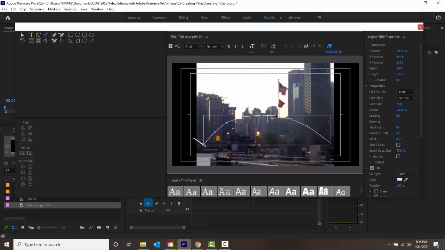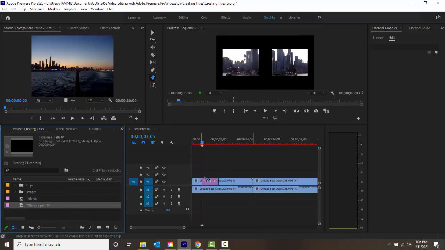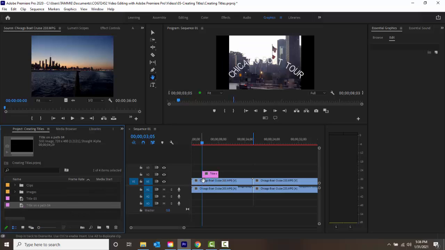And then I'm going to type in Chicago boat tour. All right, and then I'm going to close this X, and you can see it made a new item down here in my project browser. Now I'm going to just drag that up, place that on V2, and you can see I'm going to just